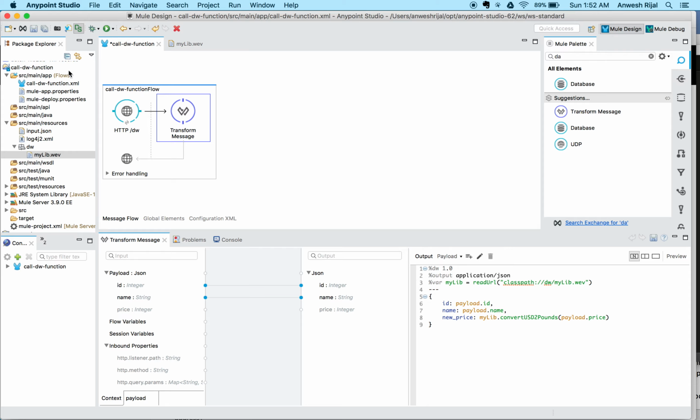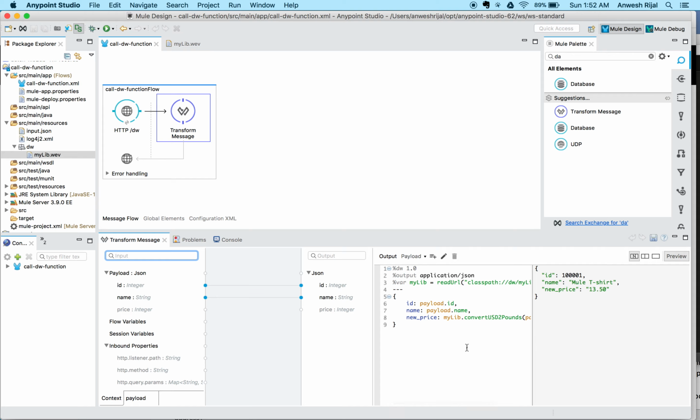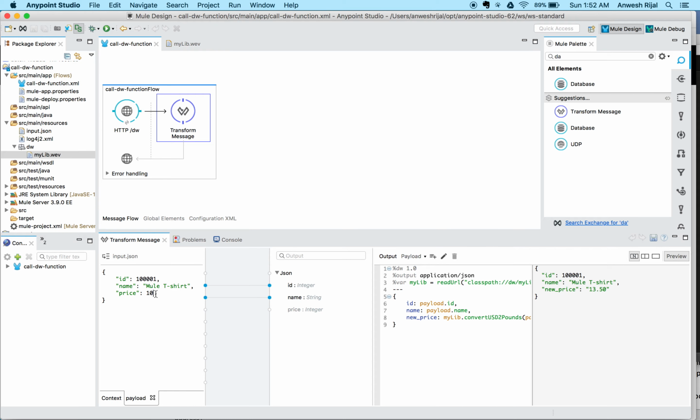And then now I can come in here and save this and do a quick preview, and right there I can see this is the $10 for my payload over here, or I can change this to 100. A value of 100 is actually being converted into 135 based on that conversion factor that's defined in my external file. So this is a very basic example, but a common use of something like this is when you need to do date time conversions